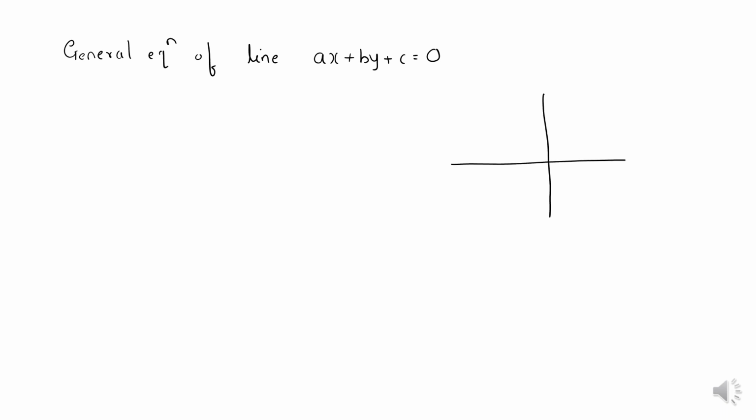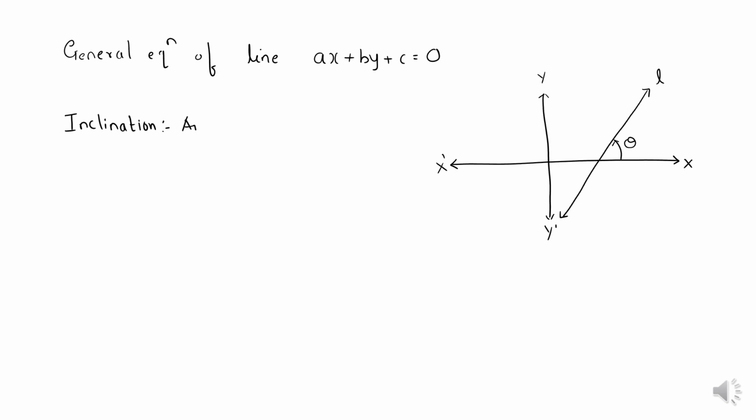Now, if I randomly draw any line, suppose I draw line L like this. If you observe, this line is making some angle with the positive direction of x-axis. It is also making an angle with the y-axis, and with the negative x-axis and negative y-axis. But I am specifically talking about the angle made by the line L with positive x-axis, then this angle is called inclination.